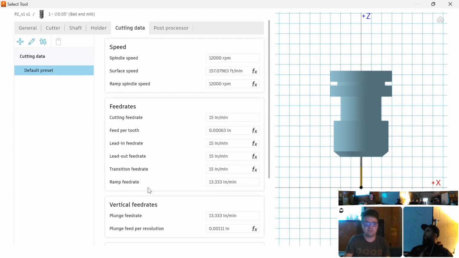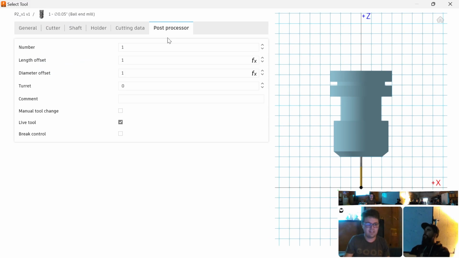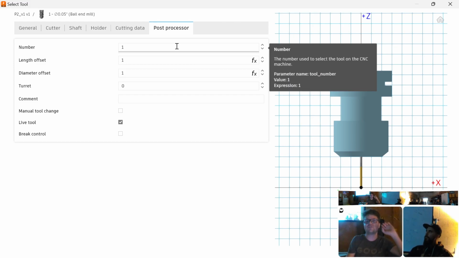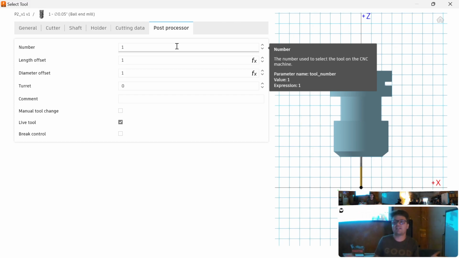Flood coolant on, you should just always have. Post processor here, this actually does matter where we're setting the number of the tool. When the machine is tracking its tool table and is tracking the length of the tools, it will refer to the tools by number. We need whatever is on the machine and whatever is in Fusion 360 to agree with each other. Right now, it doesn't really matter because I'm not actually setting these up in the machine,